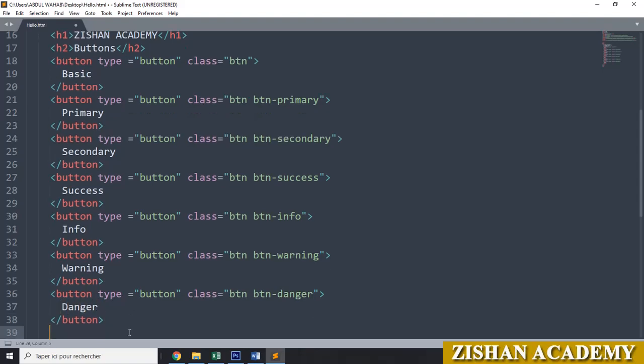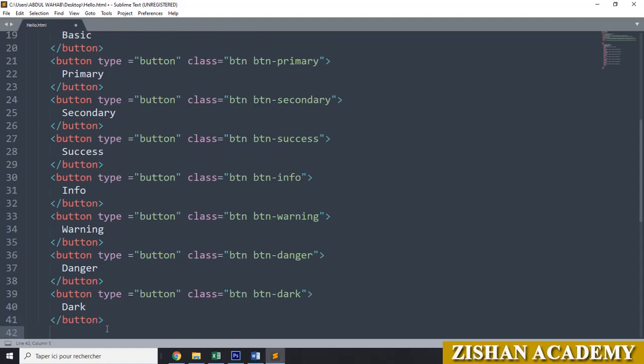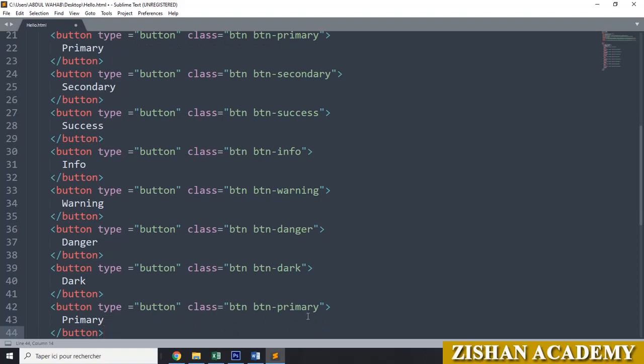You'll go for dark color. Control V for paste. Make it here dark. Here we will change it to dark. And you can go for light also. Just paste here and then we'll go for the light. LIGHT. Then here also you change it to light here.